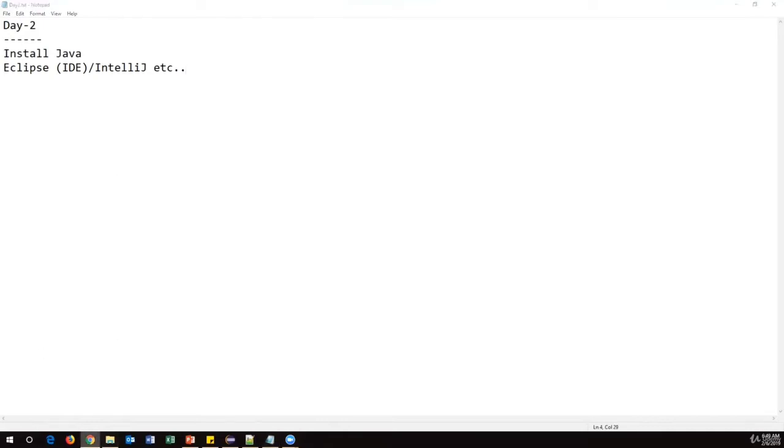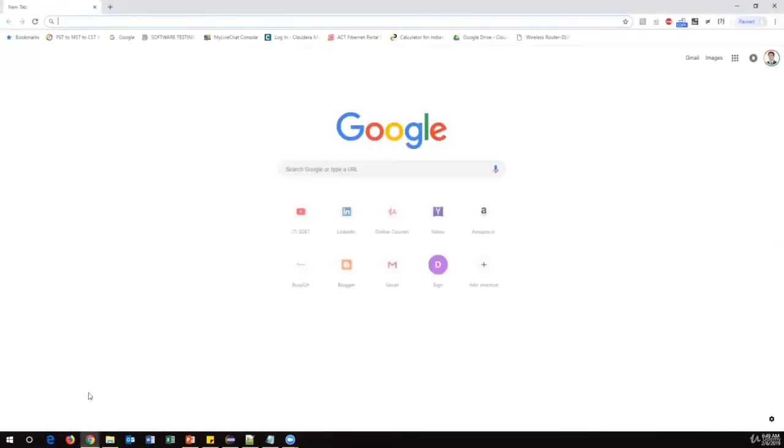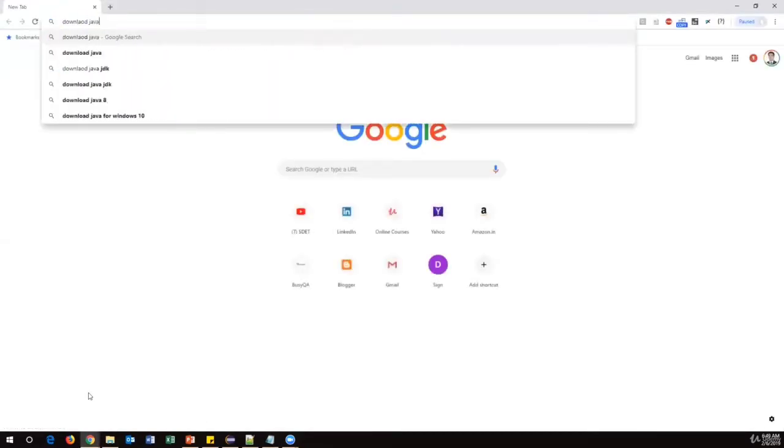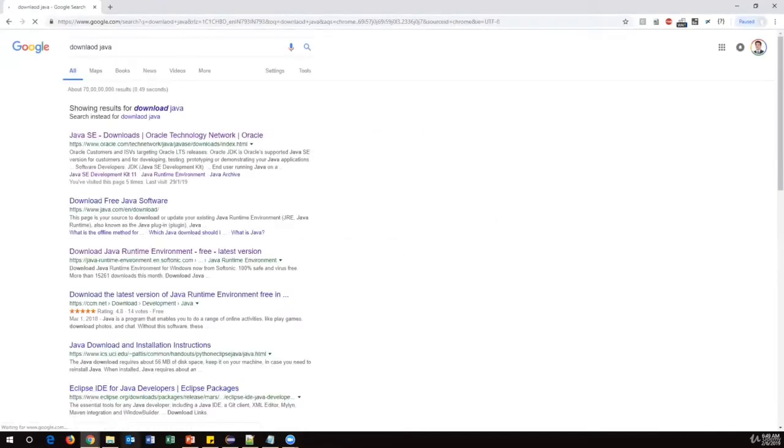It's very simple. Just go to Google, type download Java, and you will navigate to the Oracle website. Java is currently owned by Oracle. There are a number of versions, and the current version is Java 11. Till Java 10, everything is free, so Java is completely free. But from Java 11 onwards, Oracle acquired Java, so now the Oracle company is taking care of Java.